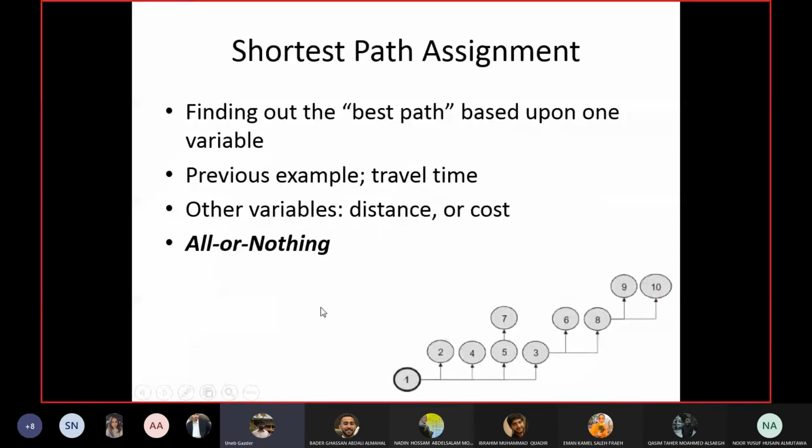Here they are showing which zones are connected with zone 1. Zone 1 is connected directly with 2, 4, 5 and 3. Then 5 is connected with 7 as well. Then 3 is connected with 6 and 8. And 8 is connected with 9 and 10 zones. So this is showing the connection for zone 1, and obviously we are starting the calculation for zone 1 again.